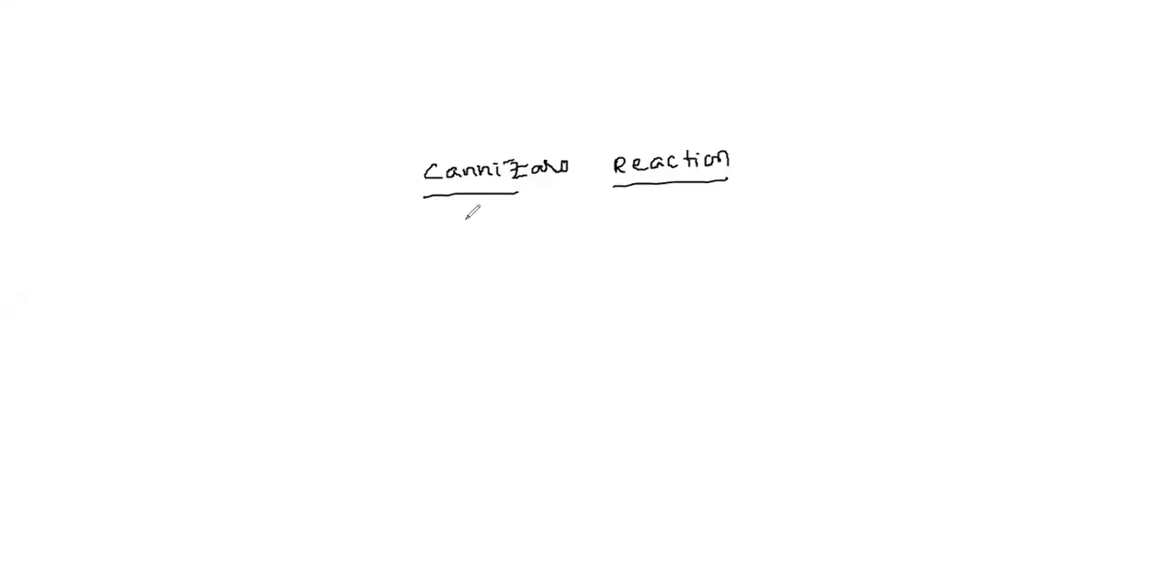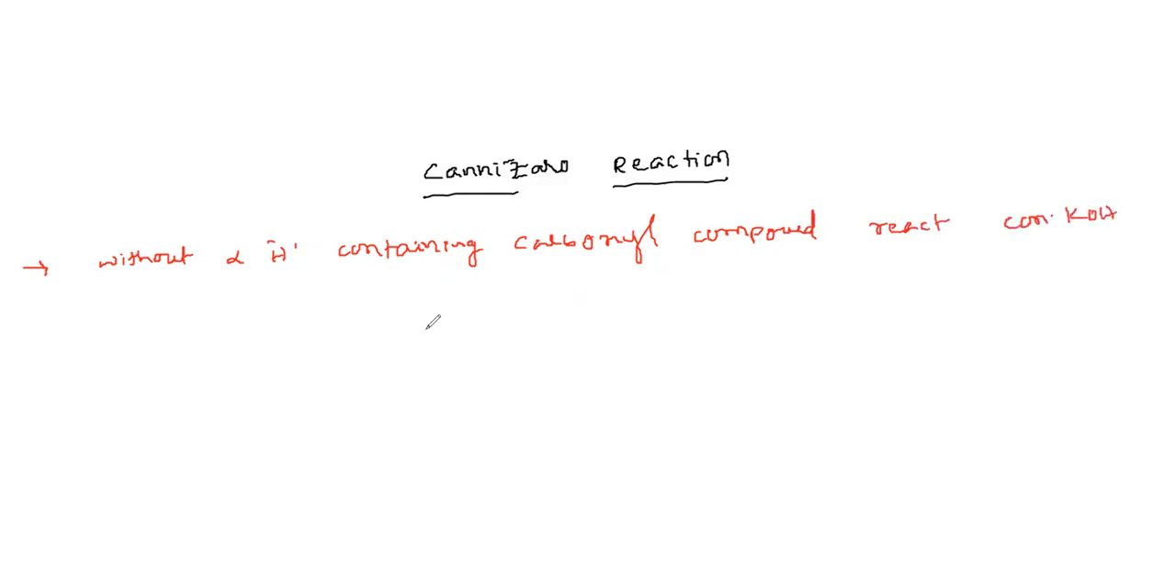Now today we discuss the Cannizzaro reaction. Here the first condition: carbonyl compounds without alpha hydrogen react with concentrated KOH or concentrated NaOH to form